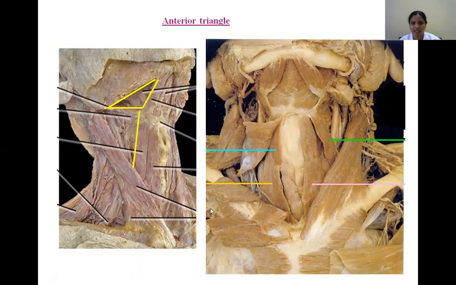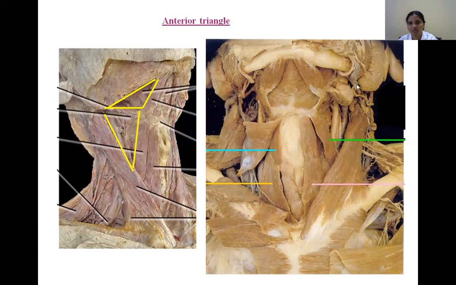Then coming to the carotid triangle. See, the carotid triangle is bounded by 3 important structures. Above and in front by the posterior belly of digastric. Whereas in front and below, see, this is a line representing a muscle. What is that? The superior belly of omohyoid. Please all of you follow the cursor. So this is the superior belly of omohyoid muscle, right?